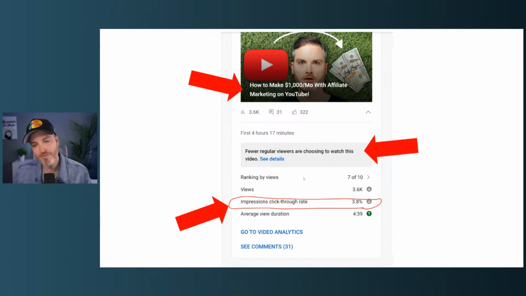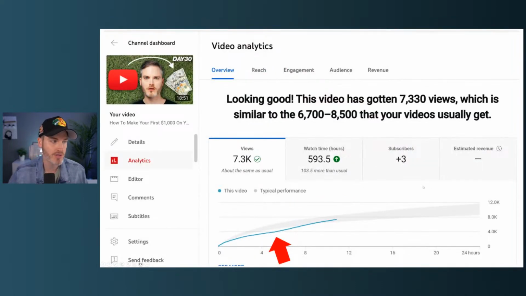And so after this video was out for maybe 4 hours and 17 minutes, as you can see here, a pivot was made. And you can see on screen where that pivot was made, performance was altered for sure. The arc of the blue line was going to underperform. It was going to undershoot that gray range. That gray range where the view performance is kind of like the average performance on your channel from a low or high